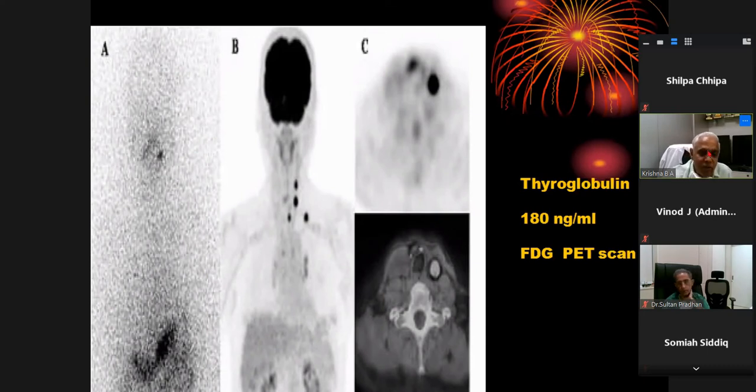There is also a suggestion of some mediastinal activity in the hilar lymph nodes and in the pretracheal area. Now, these need biopsy confirmation in some settings, but it is difficult to biopsy these areas. So one of the recommendations made here is that in such a patient, if surgery is done and